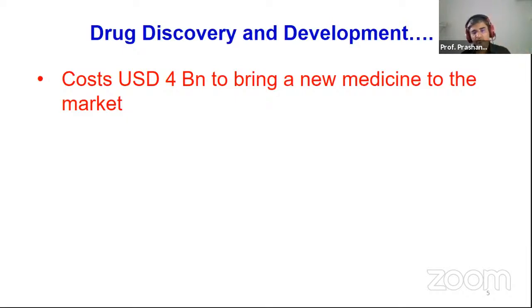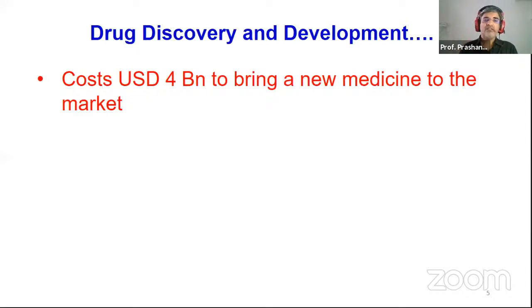So the local FDA, or could be the US FDA or EMEA or other regulatory agencies. Once they review the preclinical data and of course the in vitro data from the initial drug discovery phases, they will make sure that the drug is safe to be used in humans, and then permission to conduct phase 1 trials is given. So you start with phase 1 trials, then phase 2, 3, and after phase 3 trials, you submit a new drug application, that is NDA. Now, ANDA, abbreviated new drug application, is different from NDA, so don't get confused there.